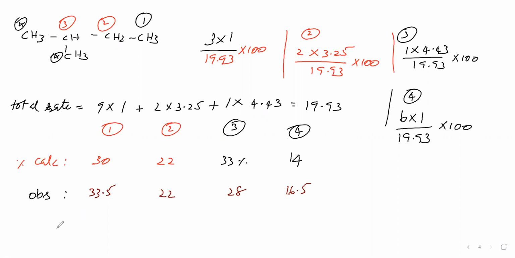If the temperature is greater than 300 degrees Celsius, then the relative rates for primary, secondary and tertiary are 1:1:1. If the temperature is greater than 300 degrees Celsius, the relative rates for primary, secondary and tertiary will be equal. If it is less than 300 degrees Celsius, then only we can say 1:3.25:4.43. When the temperature is high, why are the relative rates equal? Because the number of collisions dominates, therefore relative rates are equal.